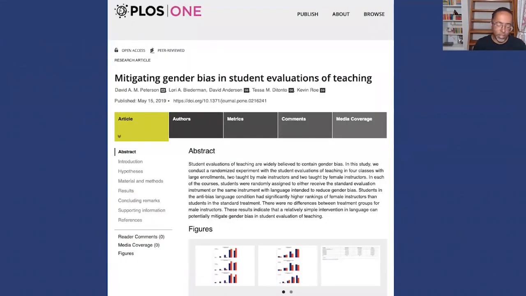The whole framing effect thing even extends to academia, right? So student evaluations of professors is yet another area where you see women at a disadvantage. Students tend to rate their female professors lower than their male counterparts, even for the same coursework. Iowa State University took a look at this and said, okay, let's do an experiment where some of the students get a couple paragraphs before they fill out the survey. And those paragraphs basically say what I just said. This is an area where women are generally at a disadvantage. Please, when you are filling this out, make sure you use real criteria and not things like appearance. The students who got those 2 paragraphs tended to rate their female professors higher than the students who did not.